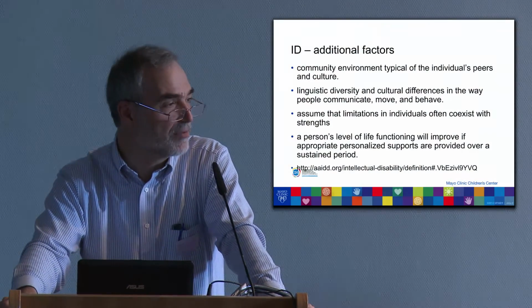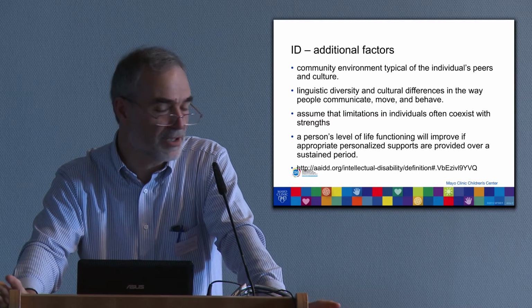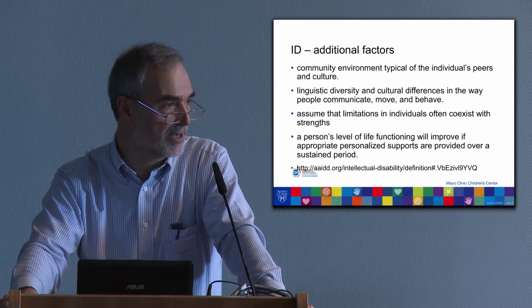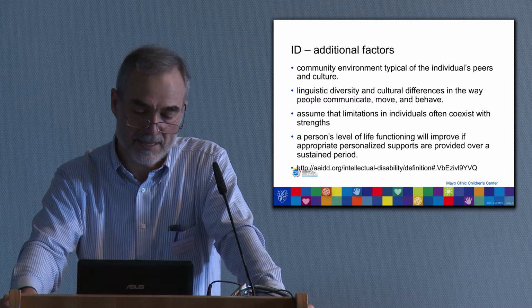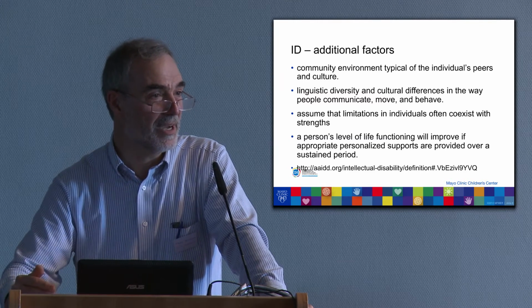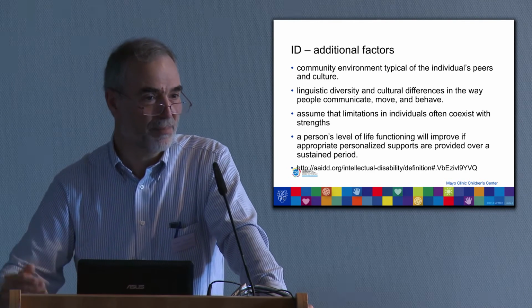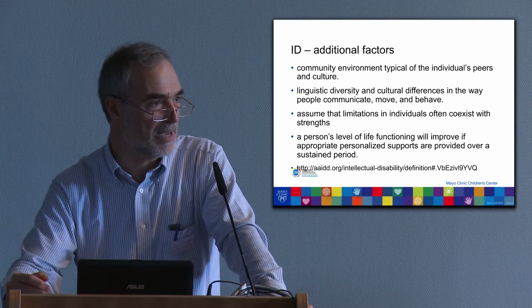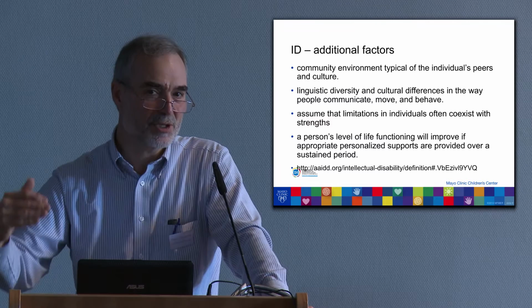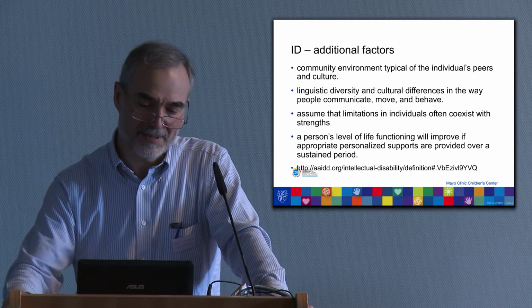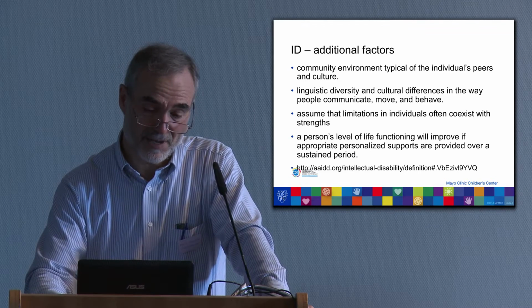And of course, there are a number of additional factors that set this in a framework. So what is the community environment? What sort of social setting does a patient come from? Again, some communities are much more supportive than others, and sadly, very highly developed Western cultures place a great value on intellectual capacity, and so people who have limitations in those areas may paradoxically be worse off than in communities that place less excessive value on that.